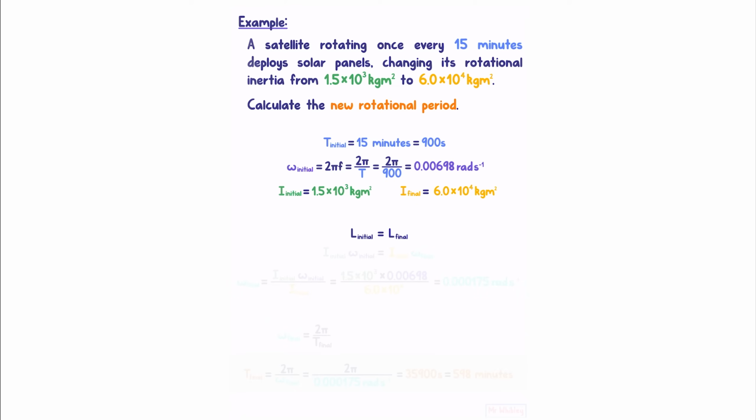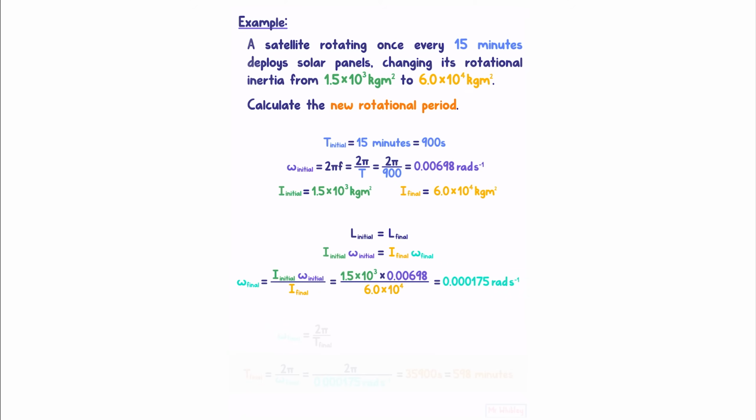We know that L is equal to I omega. To find our final period, we need to find our final angular velocity, for which we can solve this equation by dividing both sides by I final. Putting our numbers in gives us